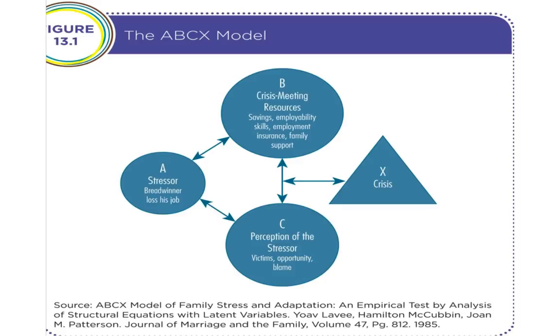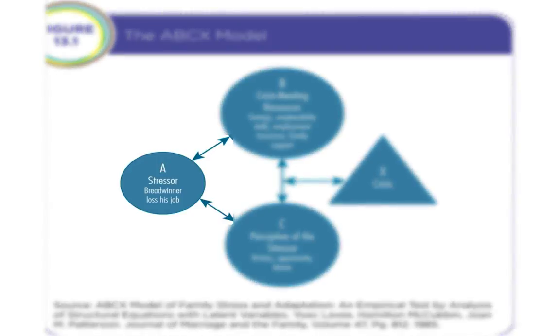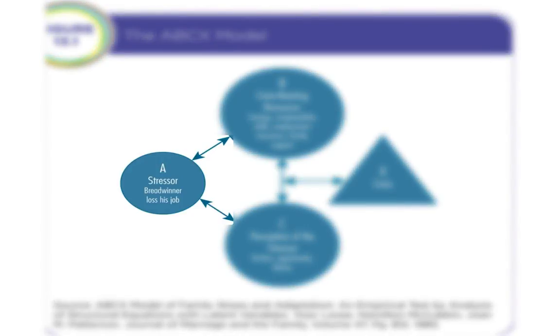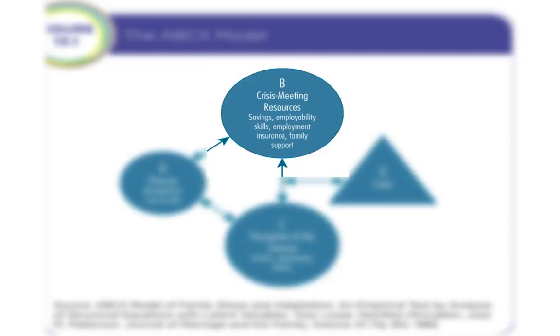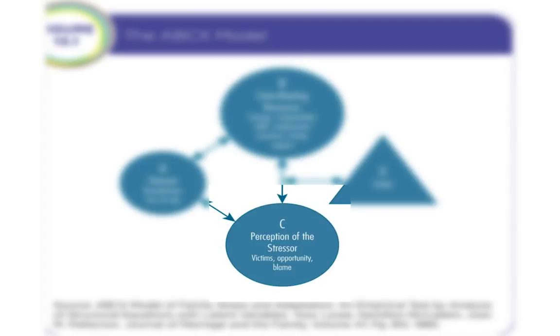If you look at the ABC model, it explains how families respond to stressors based on the resources they have and how they perceive the stressor. Now this model came out of Reuben Hill's work in 1958, proposed as what he called the ABX model as a response to a new problem, where A refers to the stressor event, B refers to the impact of the stressor on the family resources, and then C refers to the way the family members view the stressing event.